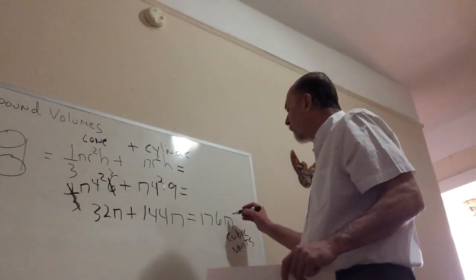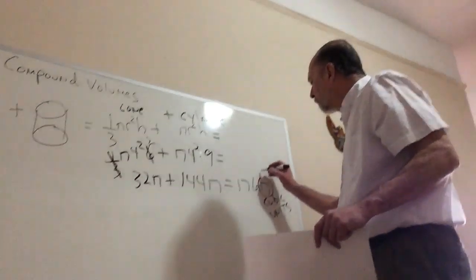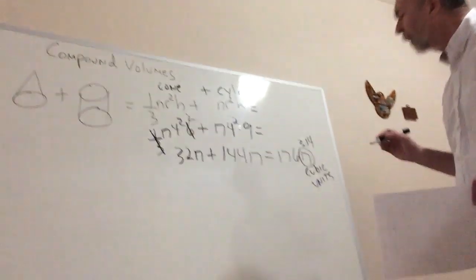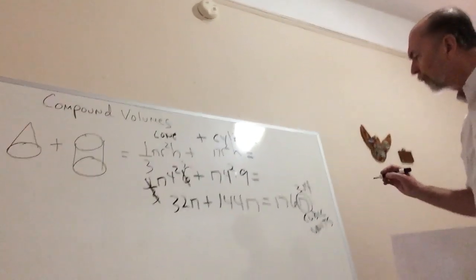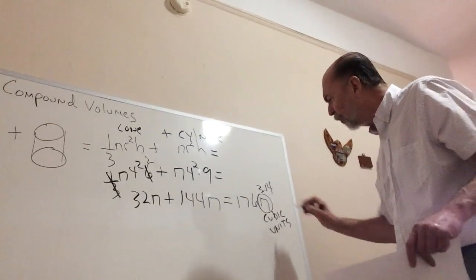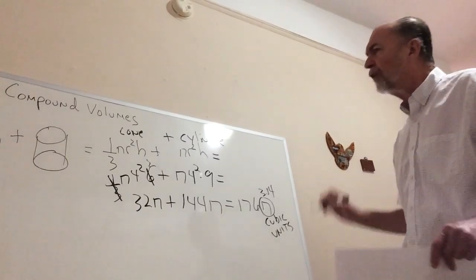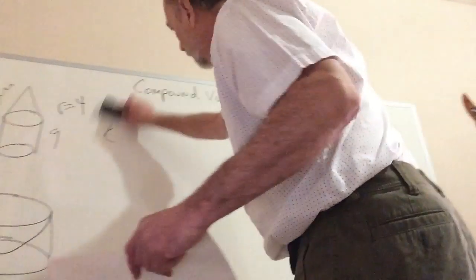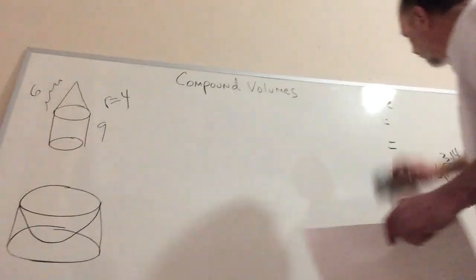The scientist or the person who needs the numbers could multiply 176 by 3.14, excuse me, or use the pi button and get the answer in cubic units, maybe to 100th or a 10th. I quickly erase this,